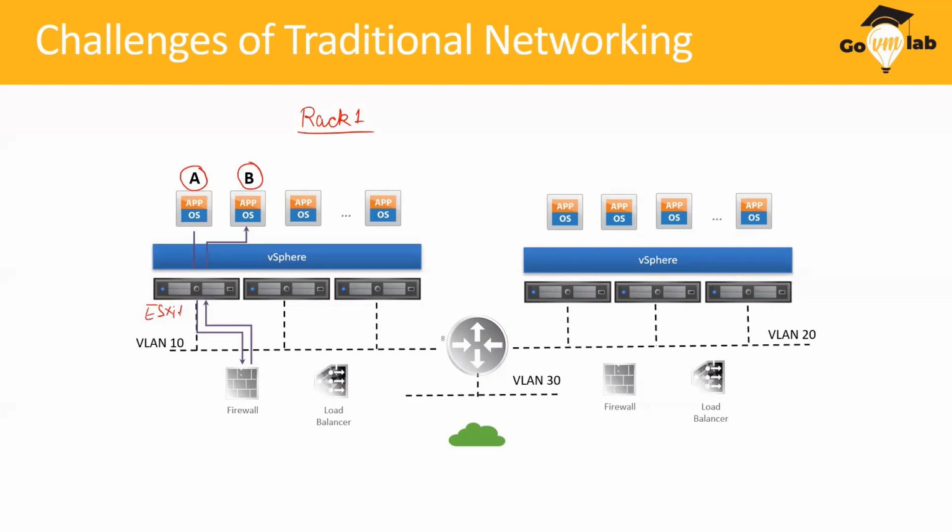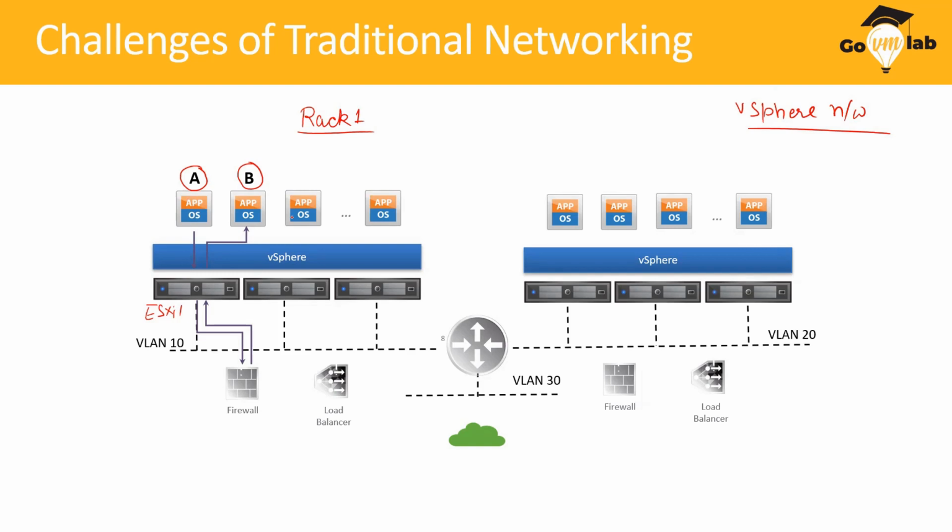So what we are considering here is that both virtual machine A and virtual machine B are running on the same ESXi host, and they're also part of the same rack. Now, if you go with the vSphere networking basics, they say that if two VMs are running on the same ESXi host, and let's assume they are connected to the same virtual switch,